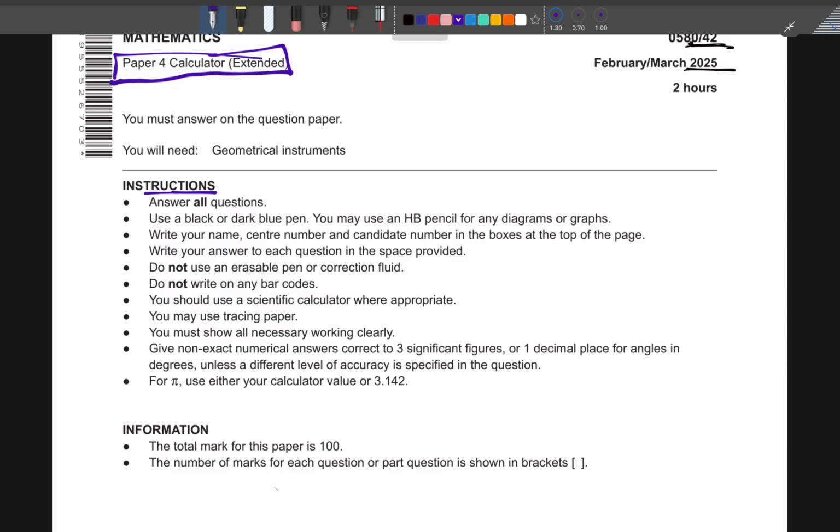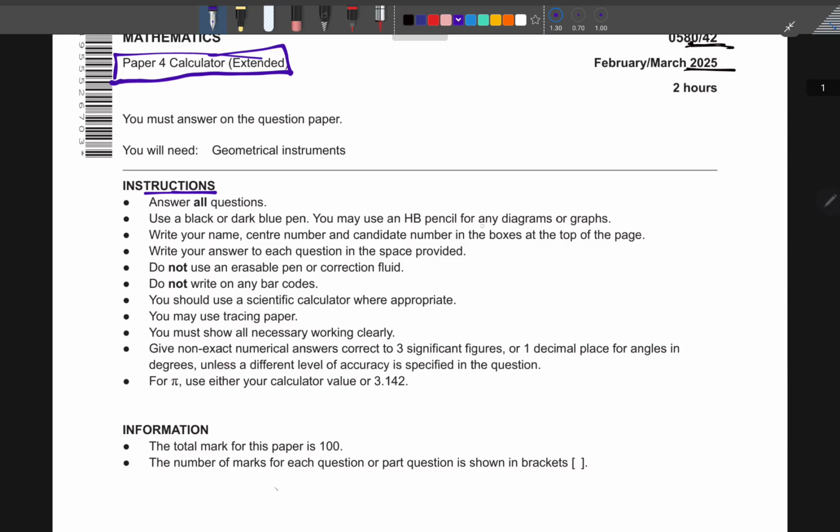Now, as I'm solving this paper, I'm going to be starting from the bottom, going up to make it more interesting. Okay, I'm going to start from the bottom, going up. Remember, we only have 9 topics. I'm going to refresh you with the 9 topics in this video. Then we're going to start in the next video with the first question, which is going to be the question at the back. Now, let's just see some instructions and what you have to know.